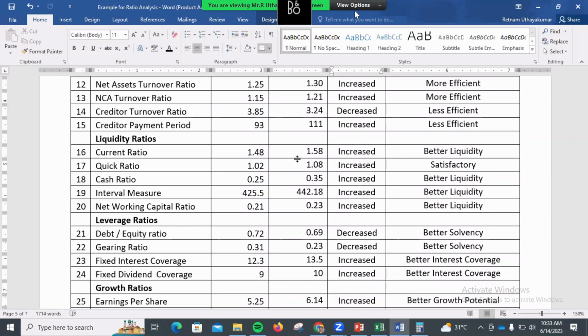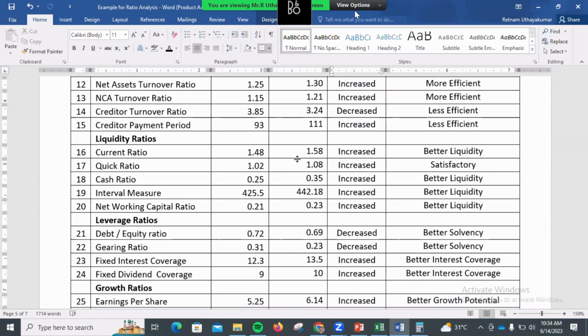So that's why these two ratios, the current ratio and the quick ratio, are given as the standard against which the satisfactory level of liquidity can be identified. Here also you can argue that 1.02 is very close to 1, while 1.08 is far away. So when you compare 1.2 with 1.08,